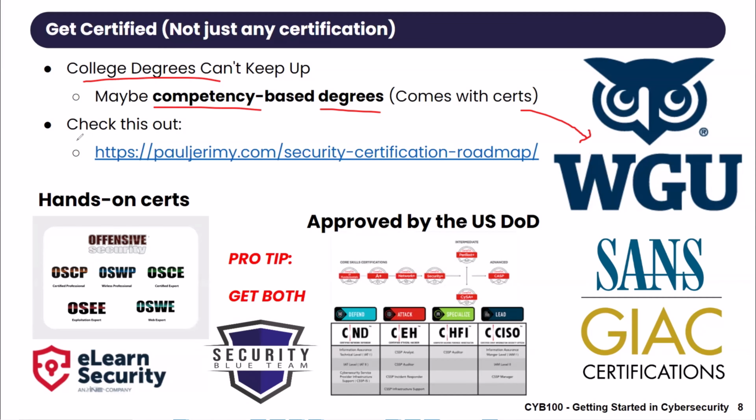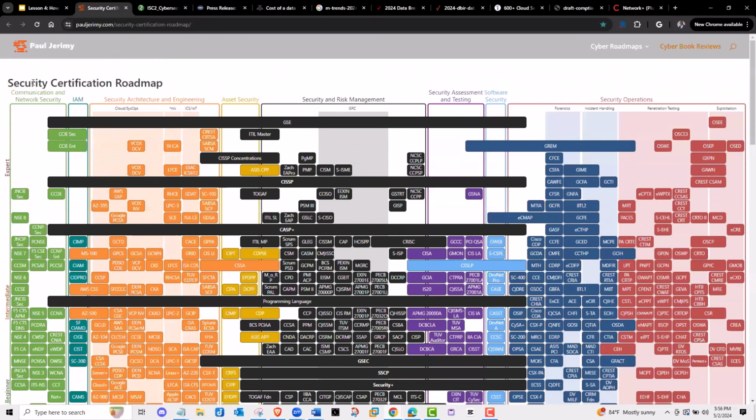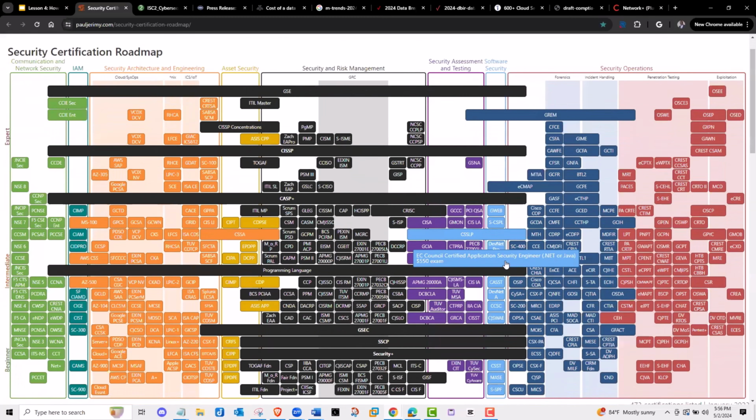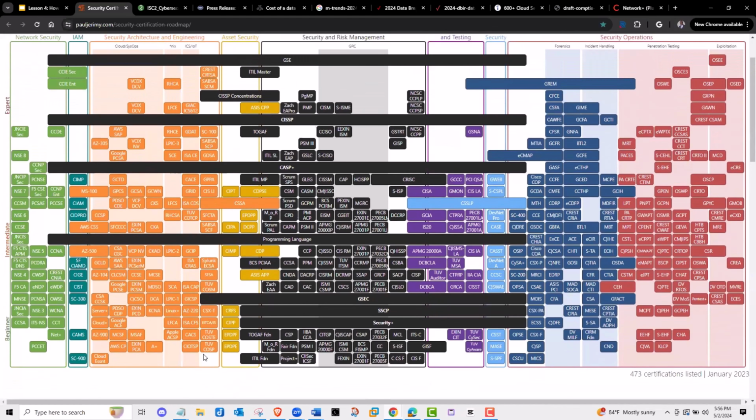Simple as that. When it comes to certifications, though, it can get really, really confusing very quickly. If I click on this thing from Paul Jeremy here, check this out. These are all cybersecurity certifications that you can study for. Yeah, like, oh my God. Absolutely. That's exactly what I thought first when I saw this.